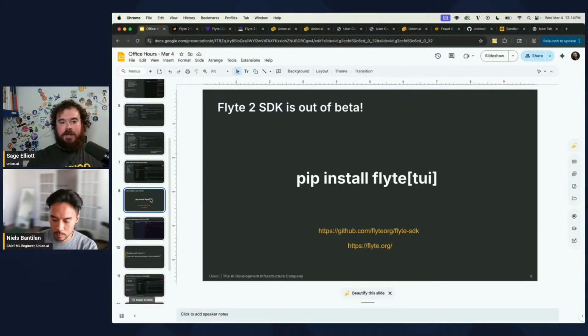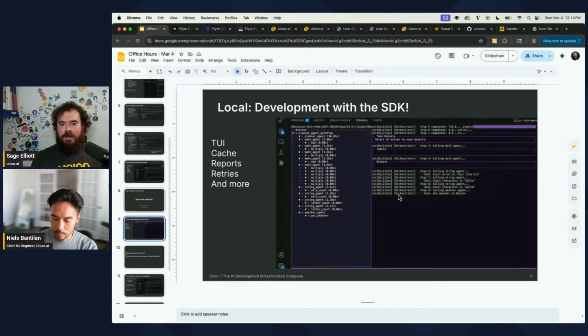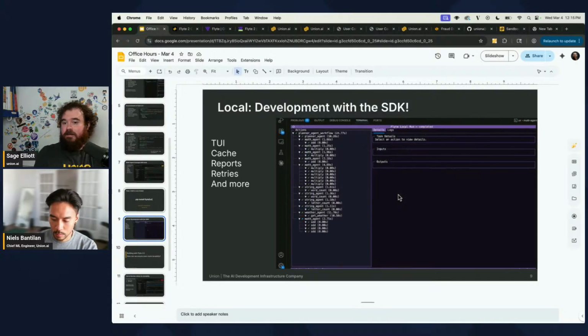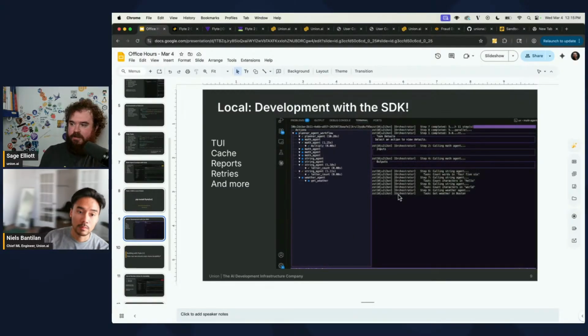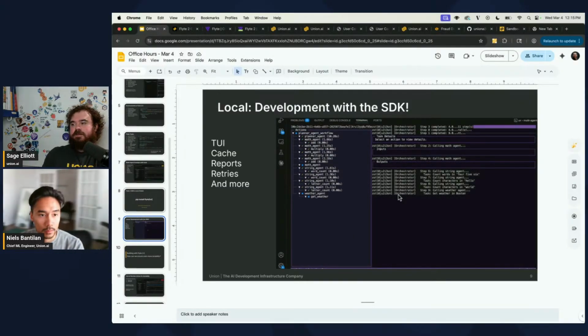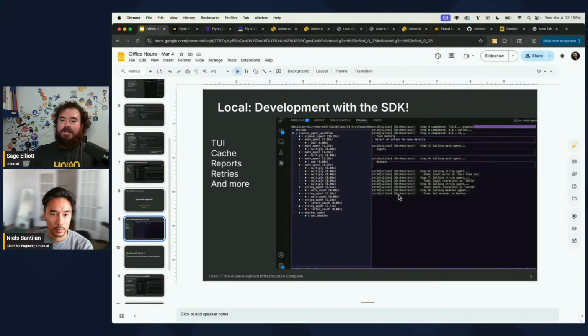Once you pip install Flyte, you now have these really cool features, which I've been using a lot more in my lighter weight projects or personal projects even now, where I might not need a whole Kubernetes cluster, and I'm not exactly worried about the scaling and reproducibility piece of it yet. But